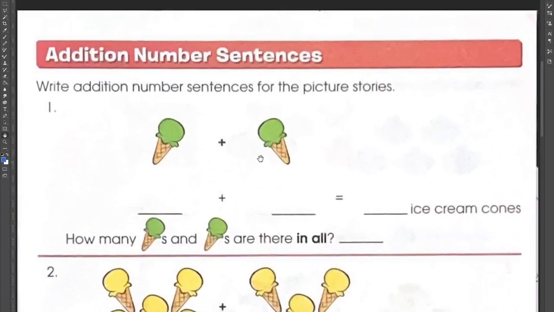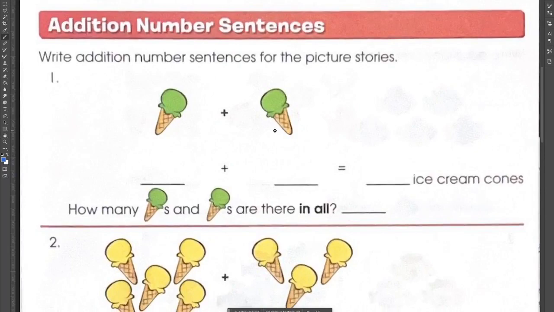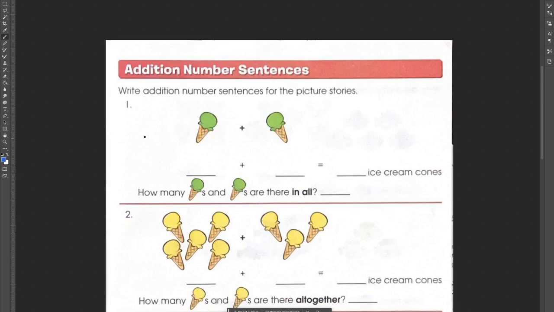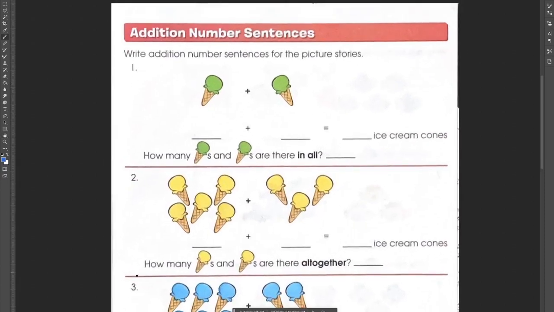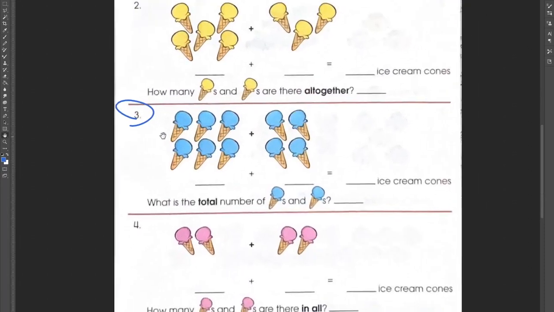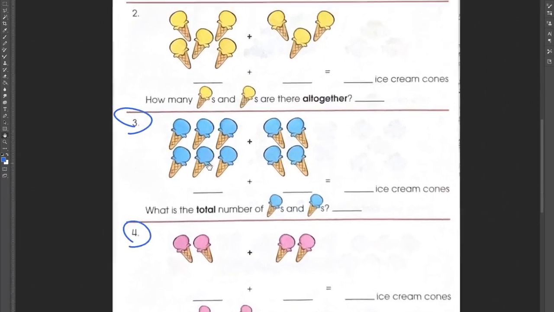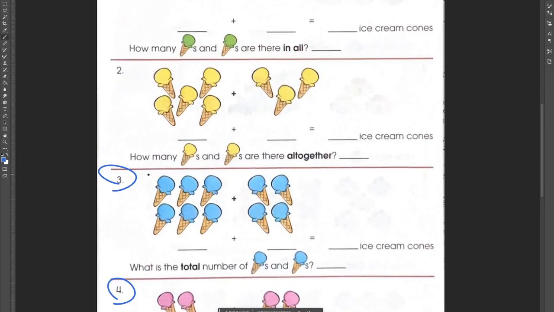Now for the third page, we have addition number sentences, and it says write addition number sentences for the picture stories. So why not do 3 and 4? Okay, so right now we have blue ice cream cones, just kind of a weird color in my opinion, but anyways, we have on the left side, if we just count these amounts, we have 1, 2, 3, 4, 5, 6